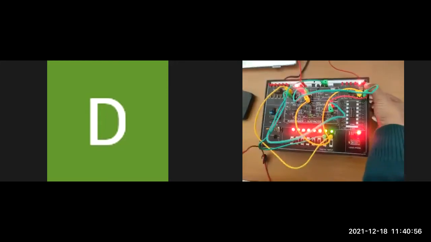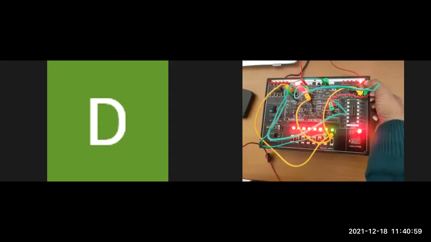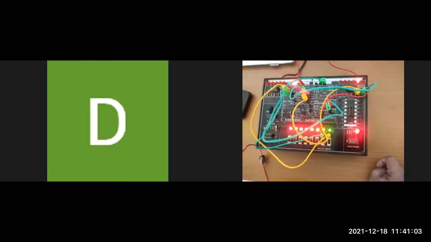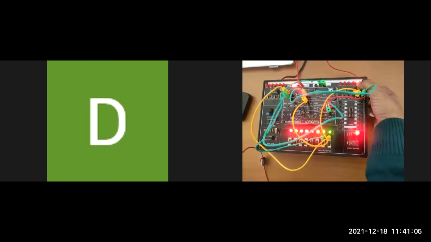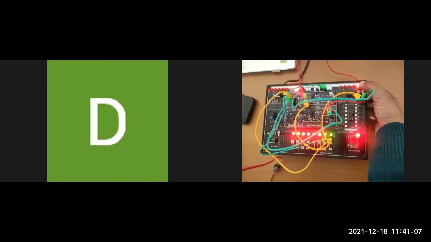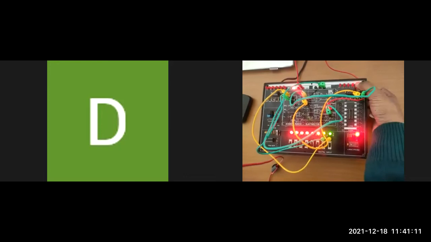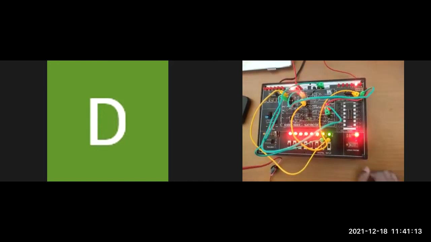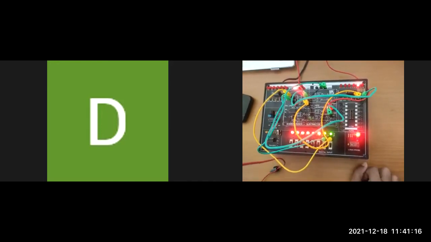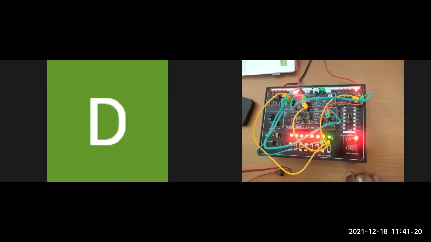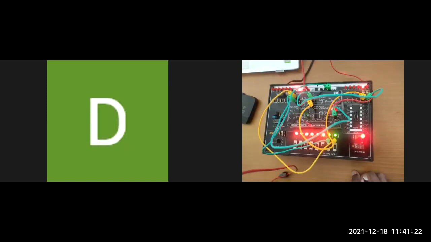Here you can see at this moment the first one, that is the sum LED, is not blinking as per our truth table, but the LED of carry is blinking because the value of carry for the 1 1 combination is 1, that's why the LED is blinking. Okay, so this is up to the half adder. For the 4 combinations of the half adder, we are getting the proper output.